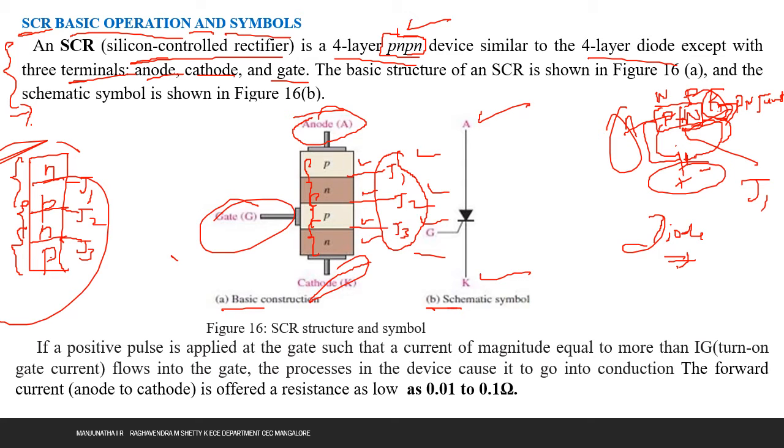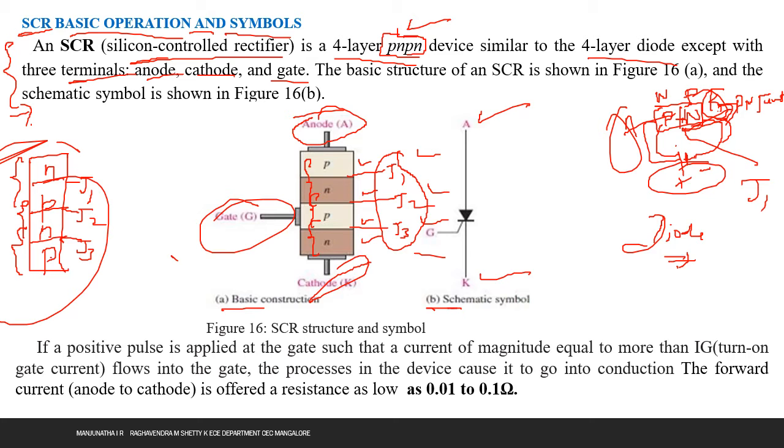So one possibility is, we know that from the external voltage source between the anode and cathode, similar to a diode, between the 2 terminals we can give positive voltage or negative voltage. So here also we will give some voltage between the anode and cathode, and because of that voltage source we are able to break down the PN junctions J1, J2, J3.